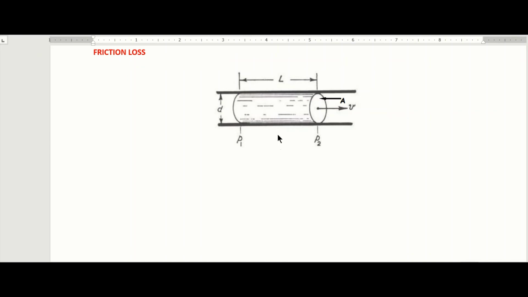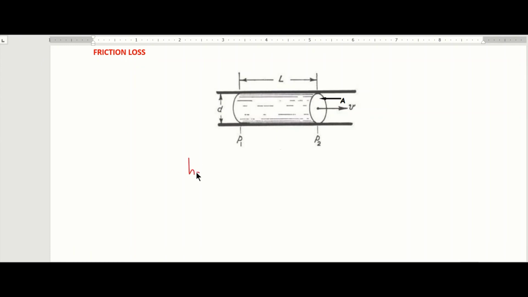Now, the force acting on the cylinder is the force due to pressure difference and the force due to frictional resistance. All right, according to Darcy's formula, the loss of head due to friction in the pipeline is given by